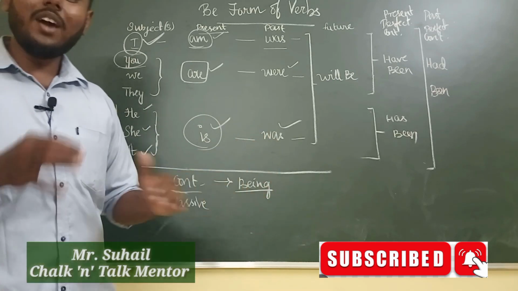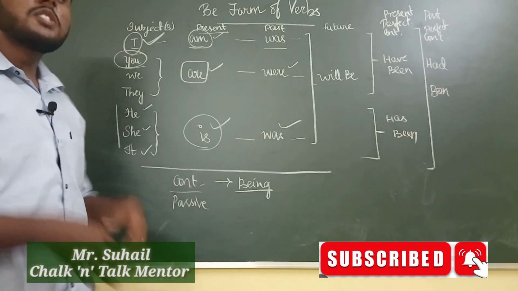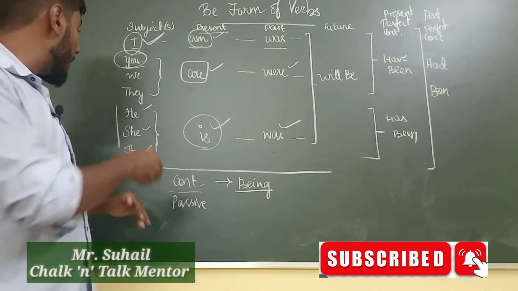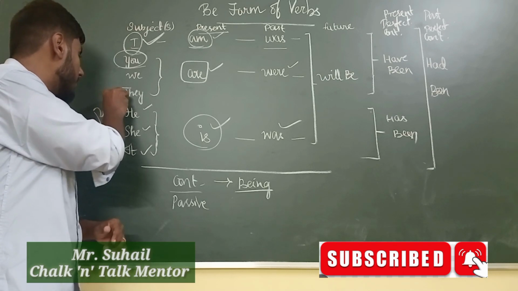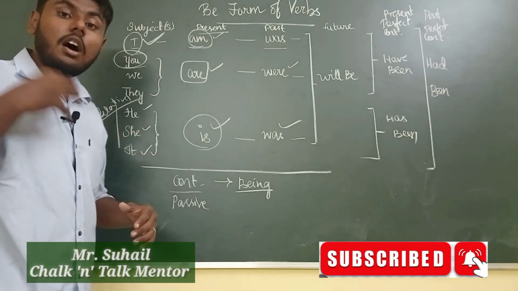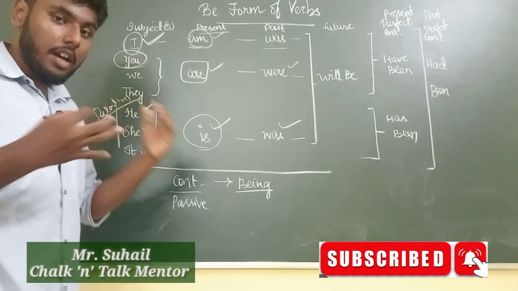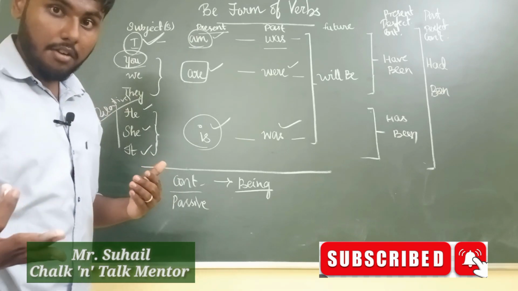Like he was writing a letter, she was riding a bike, it was barking at me. Okay, so here it is becoming relative pronouns. So they are becoming relative to the proper nouns. All right. So be it a proper noun or a pronoun that is going to be denoting that particular noun,